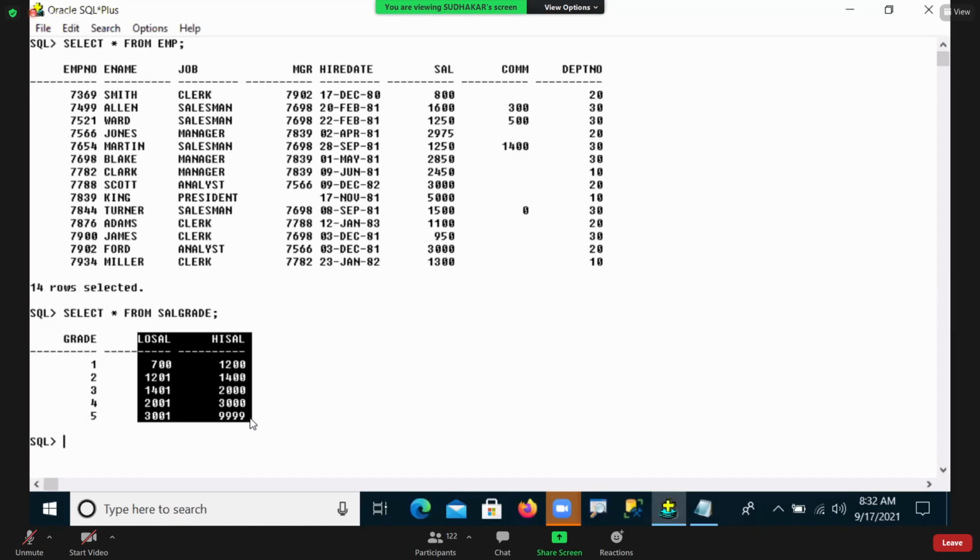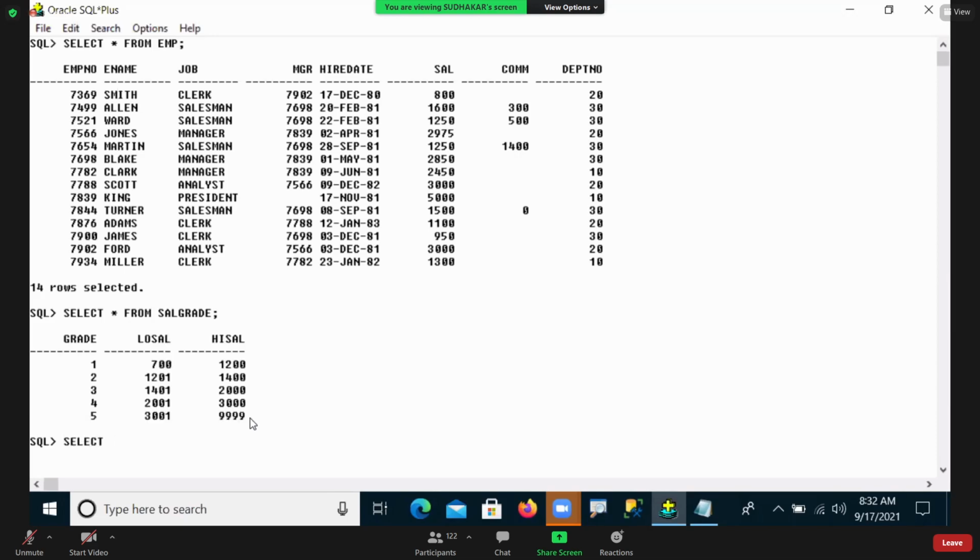Okay, now I'm going to write the join technique. Observe. Select ename comma sal. Columns I'm taking: low sal, otherwise you can take star also, no problem, high sal. Now from EMP comma sal grade. First table EMP, second table sal grade.